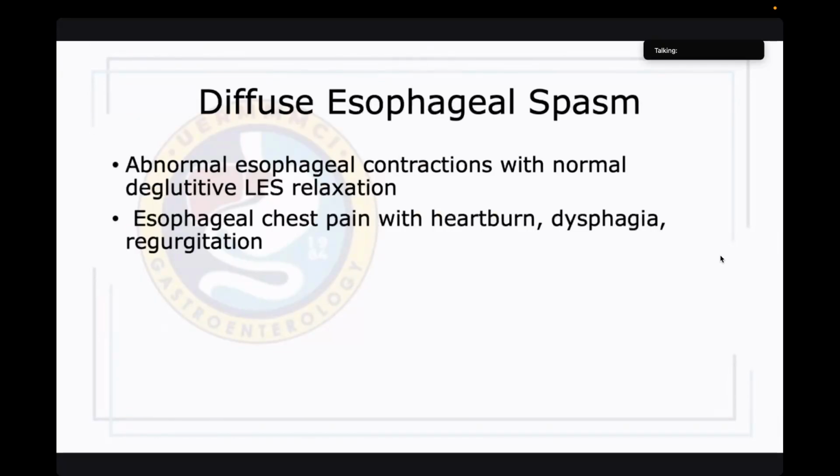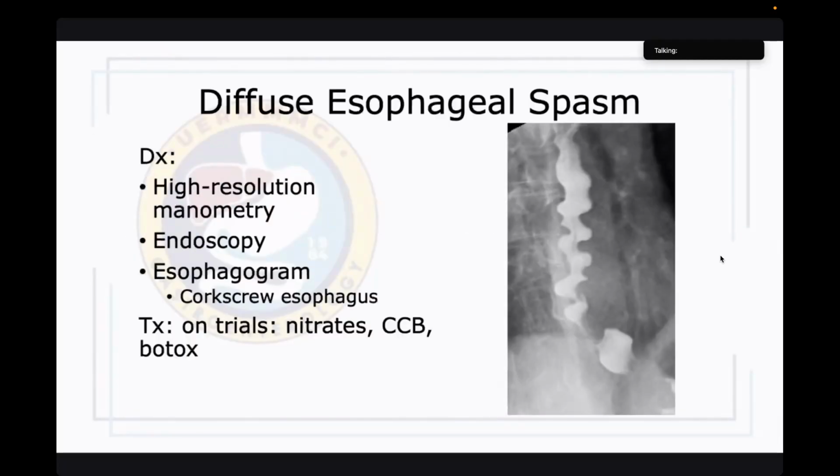The usual presentation is esophageal chest pain with heartburn, intermittent dysphagia to solids and liquids, and regurgitation. Since the problem in DES is abnormal esophageal contractions, 24-hour manometry is the best modality to diagnose DES as a cause of non-cardiac chest pain. On manometry, there is uncoordinated or spastic activity in the distal esophagus, spontaneous and repetitive contractions, or high amplitude and